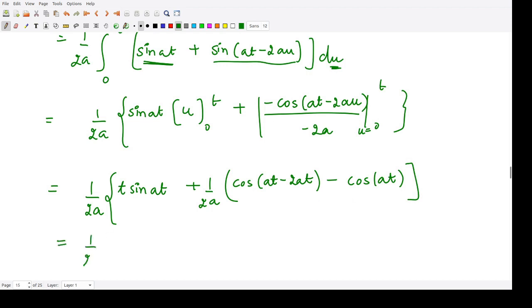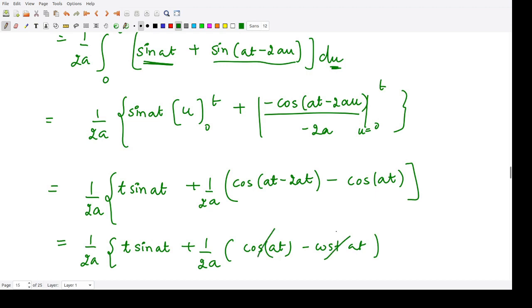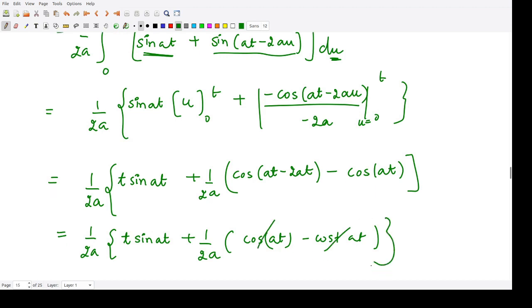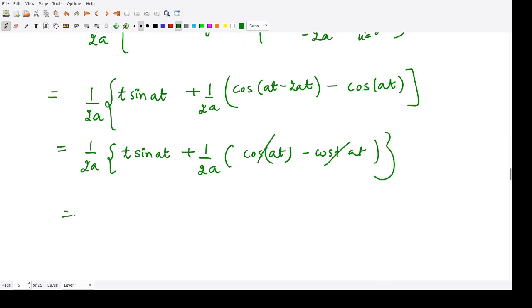So finally 1 upon 2a times t sine at, plus 1 upon 2a times cos of minus at, that is cos at, minus cos at. So this and this cancel. The final answer is 1 divided by 2a into t sine at. So this is the answer, and this is the Laplace inverse of the given function. So I hope this is